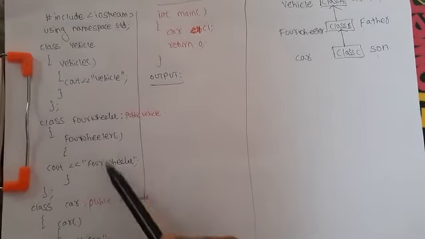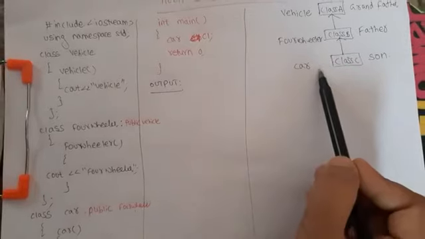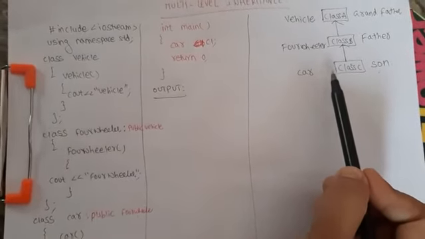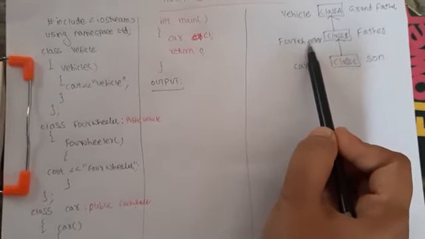Like this I have written a constructor for every class. Let us create an object for the car class. If I create an object for this class, it is going to call this constructor, but in turn this constructor is going to call this constructor, and this constructor is going to call this constructor. So finally